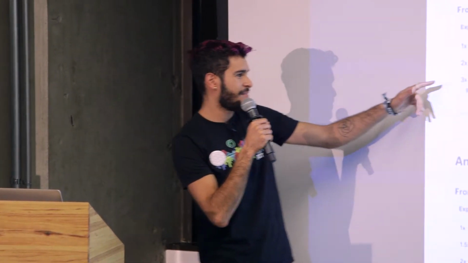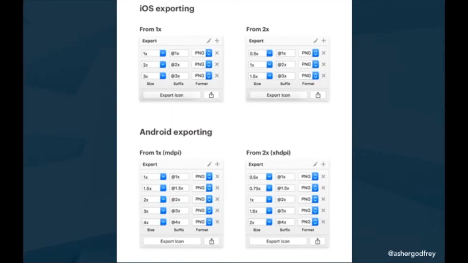So here's the exporting from Sketch, my favorite app. Probably all of yours too. I know there's probably some Photoshop users, or XD users, I should say. So from 1x, you have simple at 1x, at 2x. But if you're designing at 2x, you have to do 0.5x for 1x because you're dividing. You're at 2x, so you have to divide your export by 2. So here's the math that's really fun that you can avoid. And so it becomes analogous to your Android exports, which is cool. So at 1x would translate to